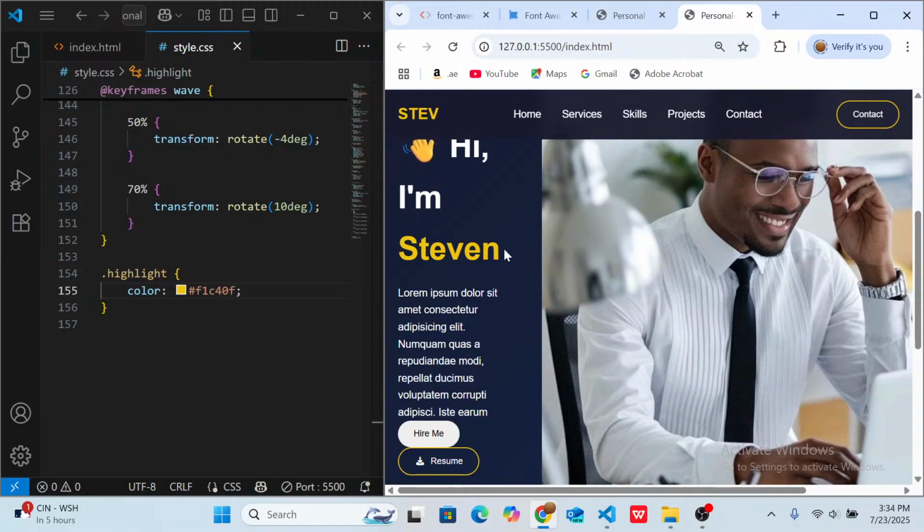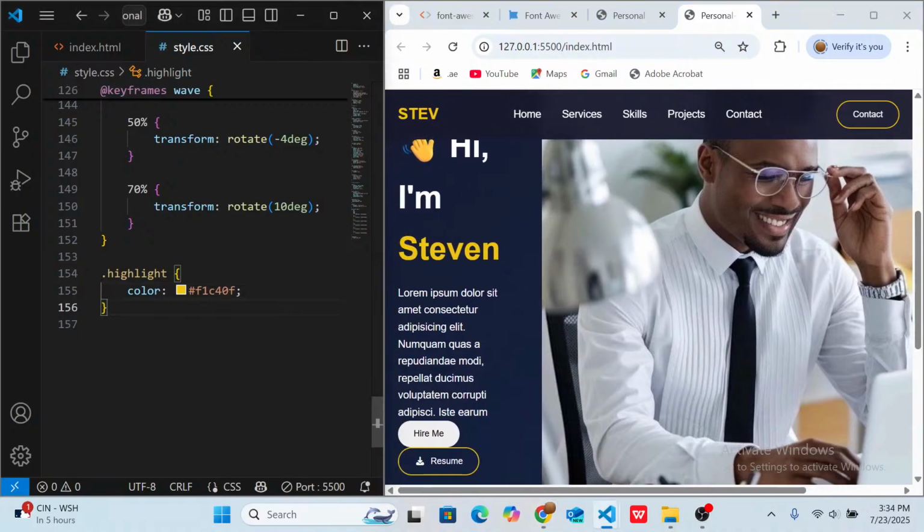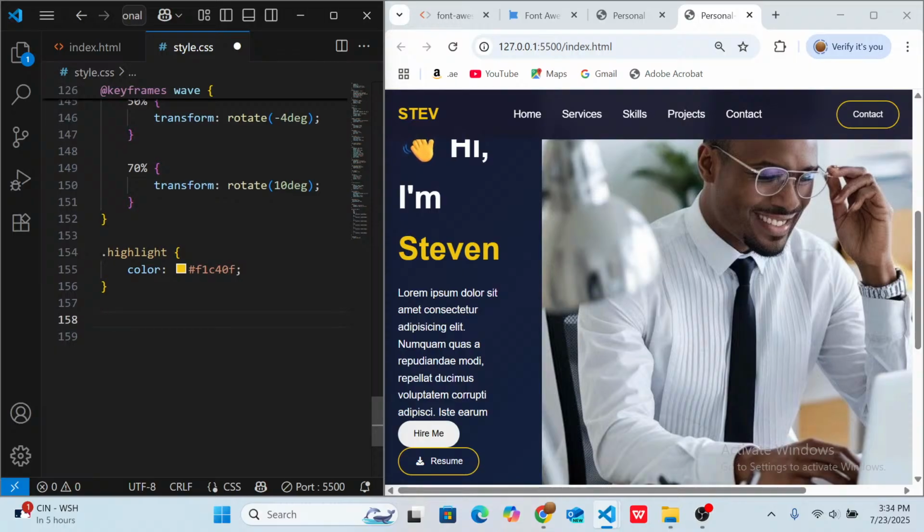So after the highlights, for the paragraph text as well, the hero text paragraph,